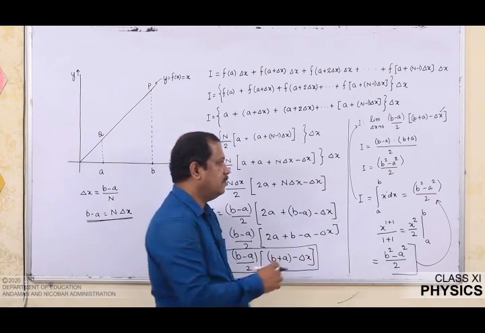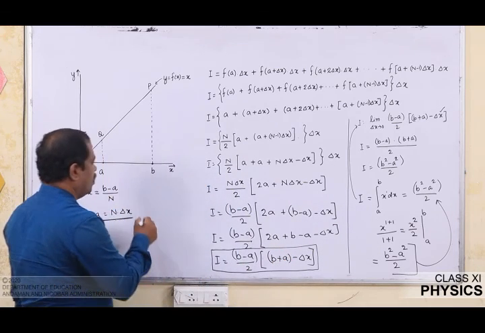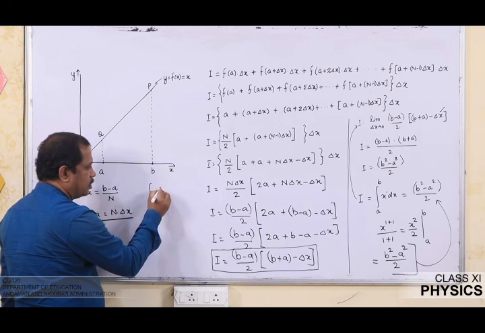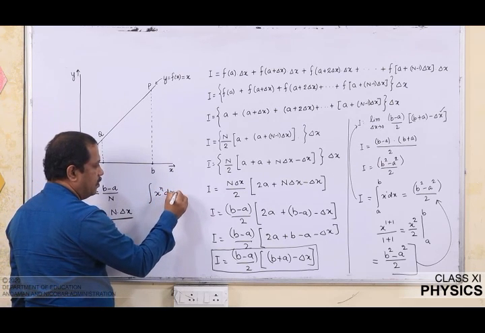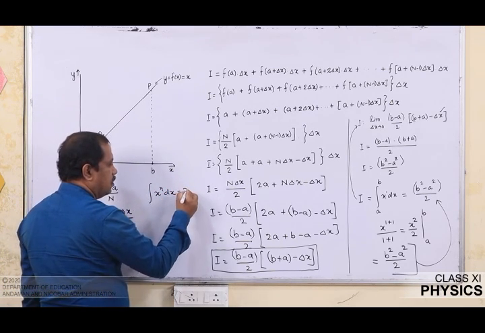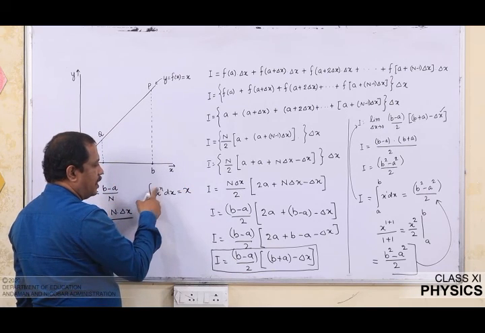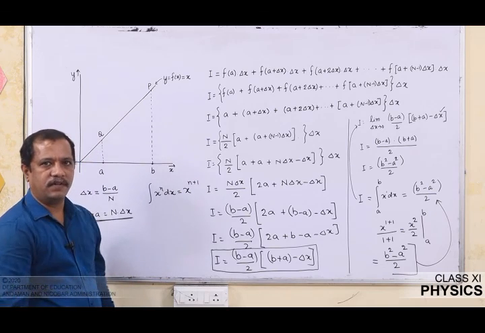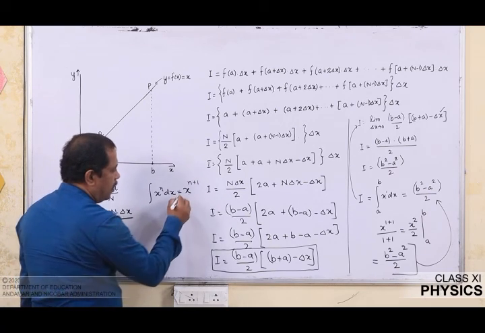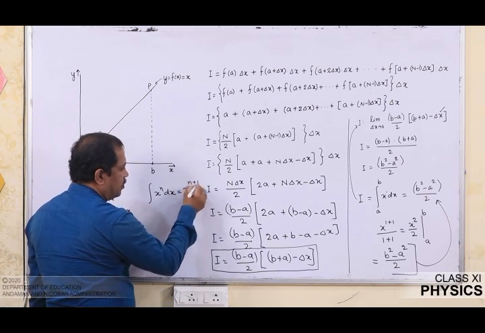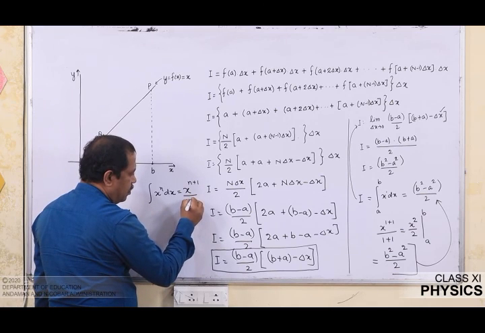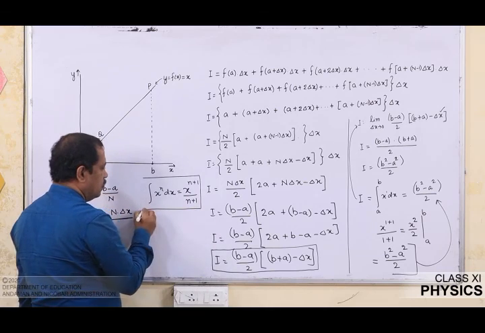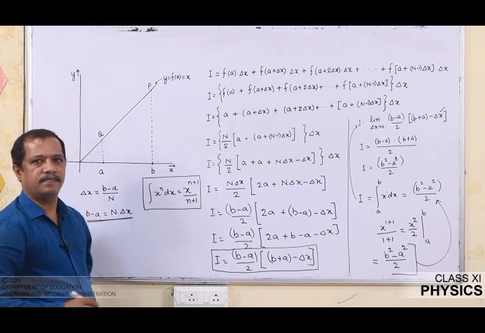To do integration, the basic formula that we employ is integration of x power n dx. Then what we do is we write x power n, and with the power we are going to add 1. We are doing the reverse process of differentiation, and in the denominator we will divide this with n plus 1. So, this is the formula that we are going to use for doing integration.